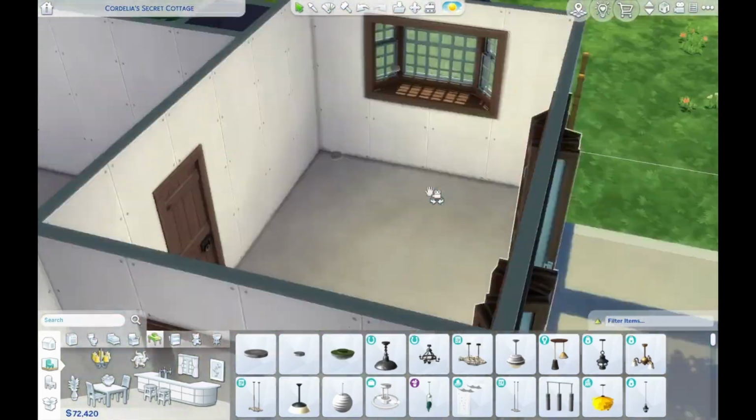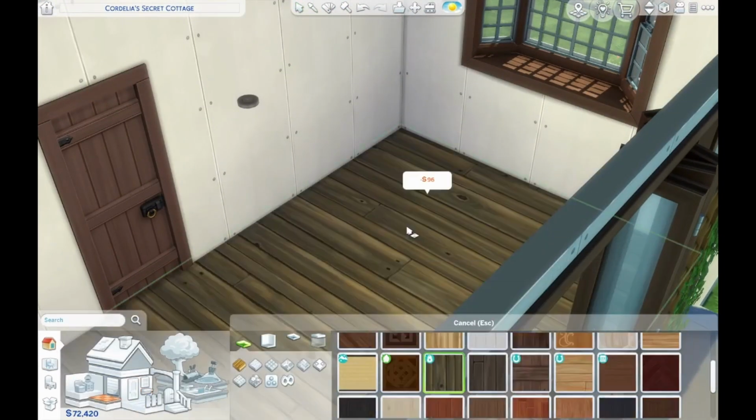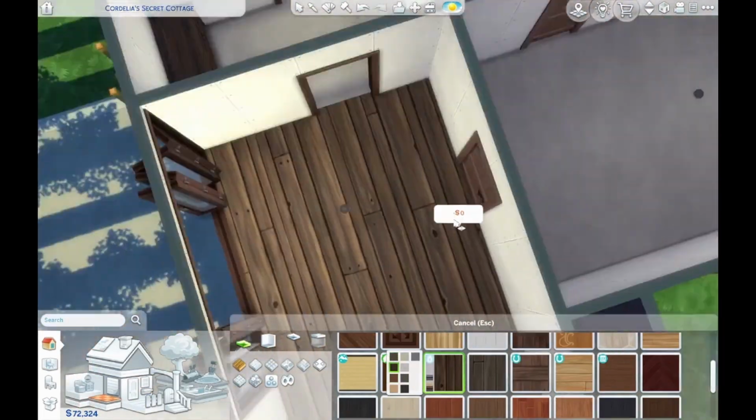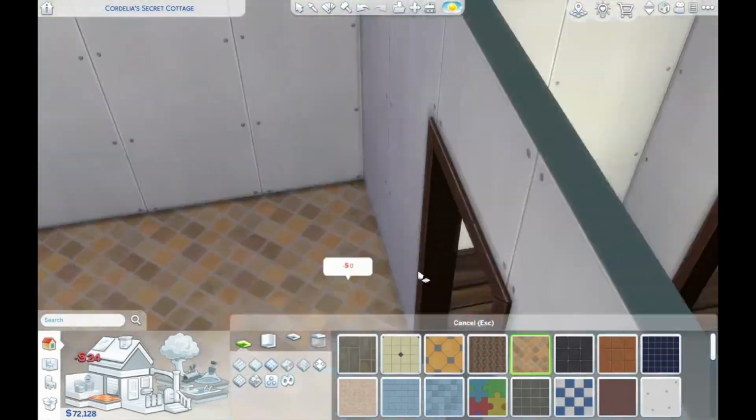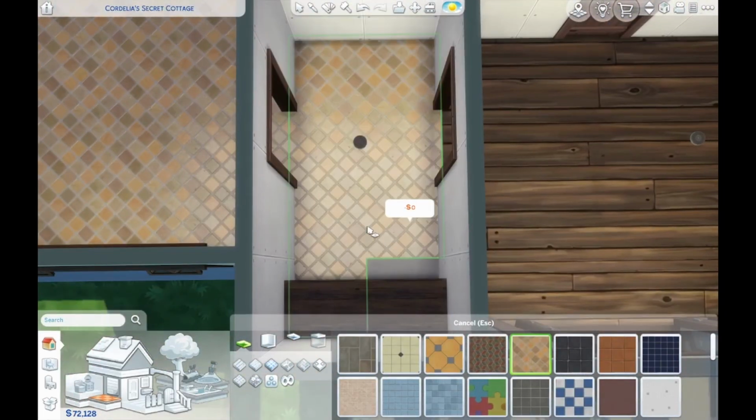Is that what it's from, Get Famous? We're going to find out. But this is going to be the living room. I feel like it looks like one of those houses that a little cottagecore girly would live in. It's so cottagecore. I would live here. Like she's baking bread and